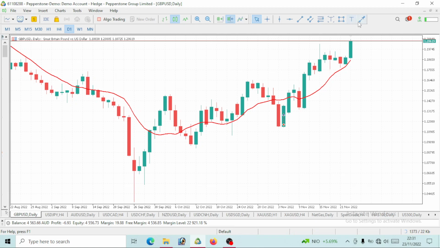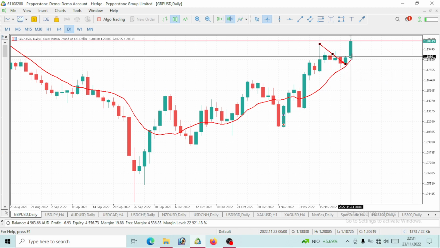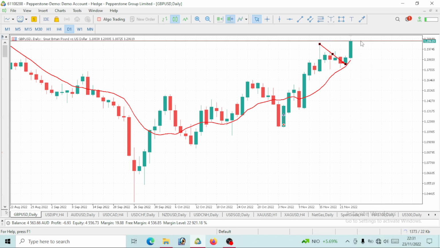Previously, I talked about our GBP giving us a pullback, right? On that Monday, we predicted that we would be having a bearish move on GBP USD. Guess what? We actually had the bearish move. On Tuesday, we predicted a bullish move, which we had. Wednesday too, we also predicted a bullish move, which we also had. So we would want to predict a movement on Thursday, right? Which is the next day, which is